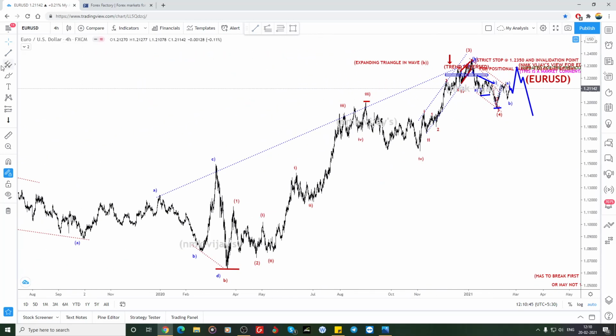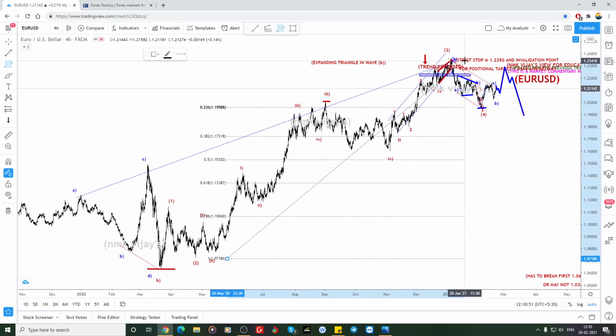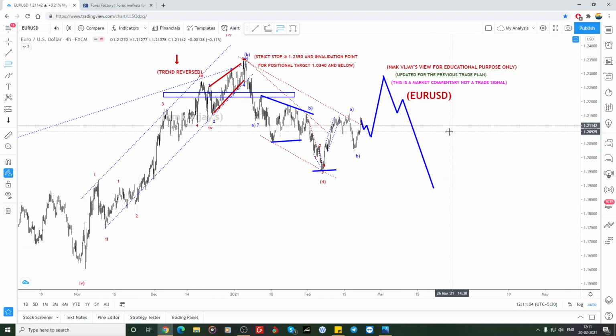So for the fourth wave, usually the retracement will be from the end of the third wave. So it could be 23.6 if it is extended. So it did the 23.6. If it is 38.2 maximum, it won't, but it may also. So stick to that, whether it is going to make a bigger flat correction, because it's a zigzag correction. After that again one more wave to the upper side is also possible, or it could make a